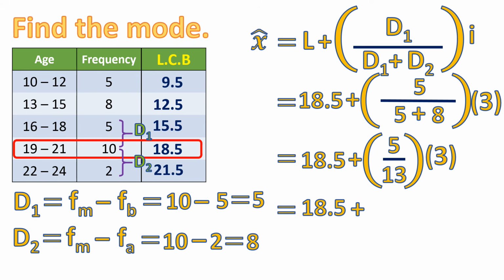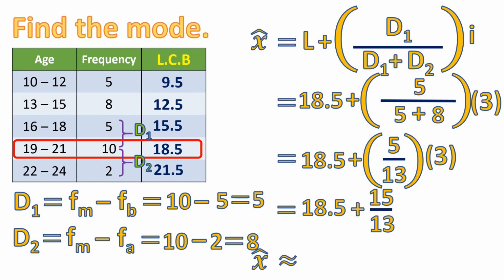But in my case, to avoid complication, you better multiply first before you divide. So you do 5 times 3 before you divide it by 13. So 5 times 3 is 15 over 13. And then you get the value of the mode, which is equal to,